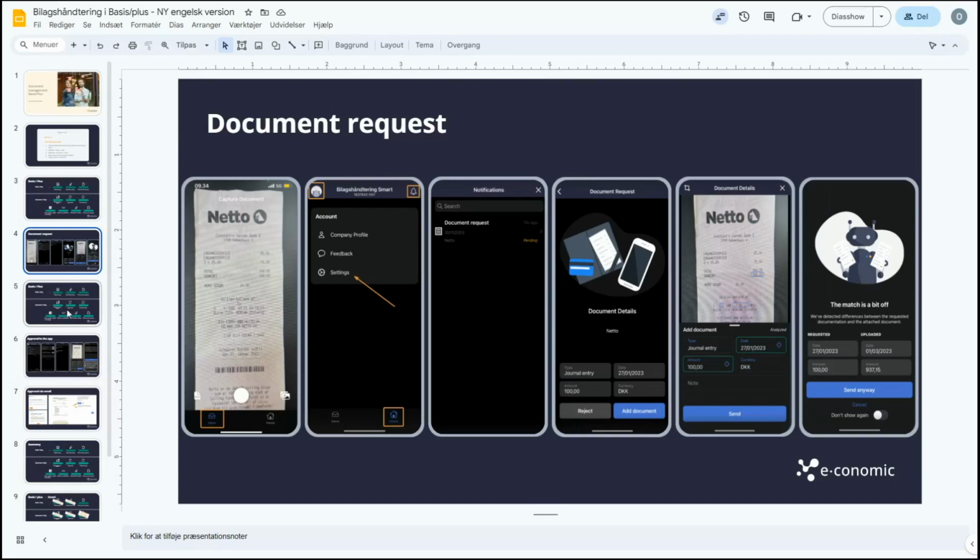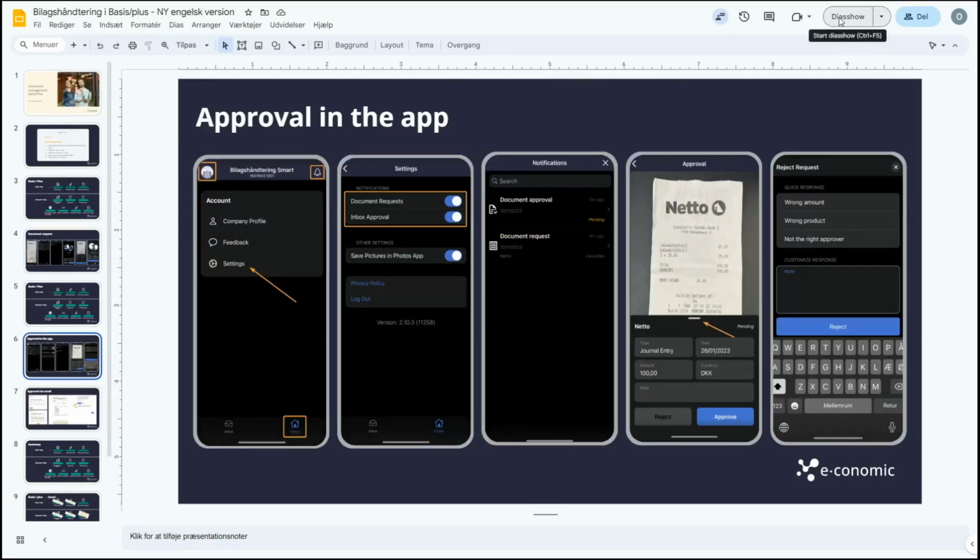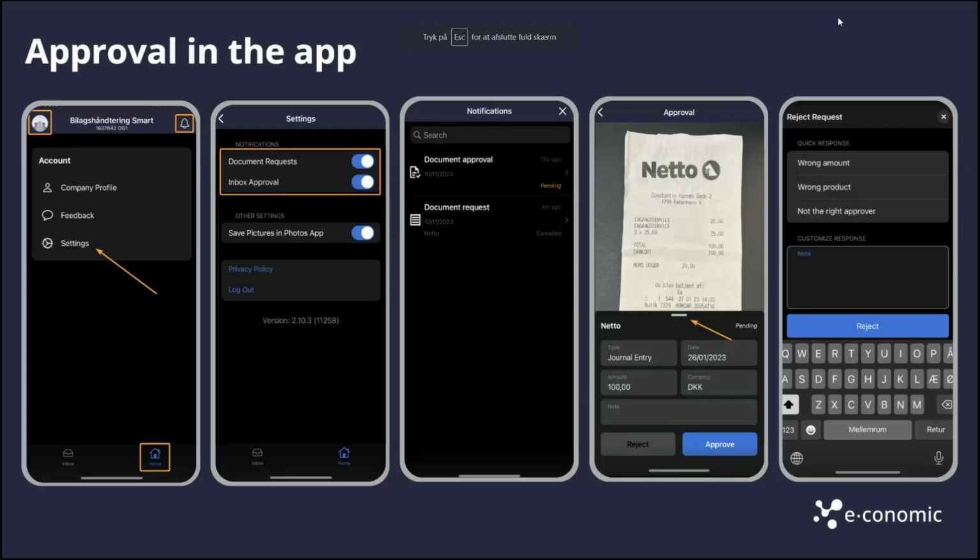Cool. So I have these pictures. If we take a look at the first picture, I have opened the app and then I have pressed the home button. Second picture, here I have pressed into the settings, and here I can choose if I would like to have some notifications or not. I would strongly recommend that you turn notifications on so that you don't miss any approvals